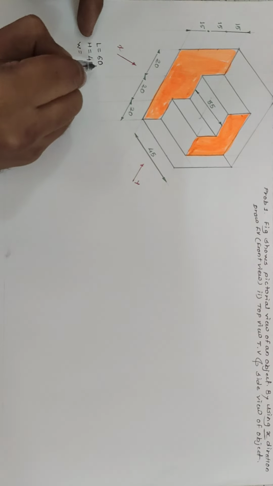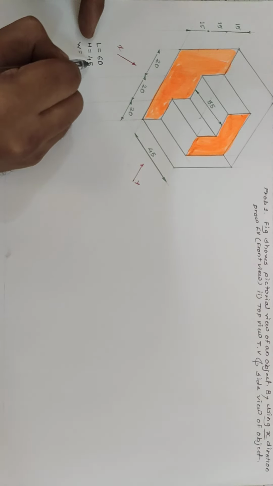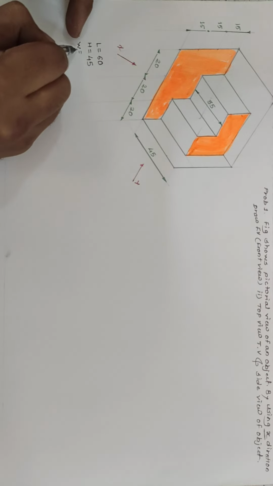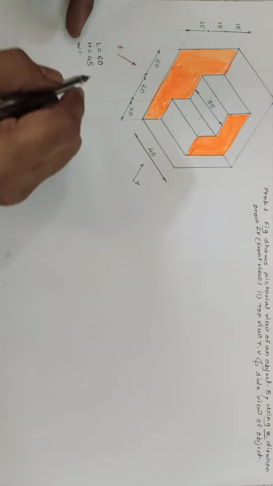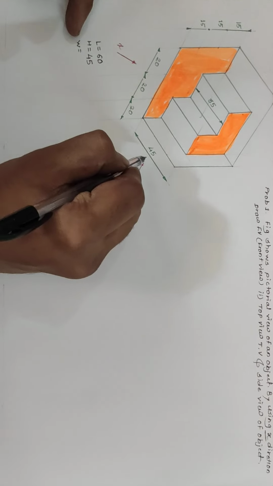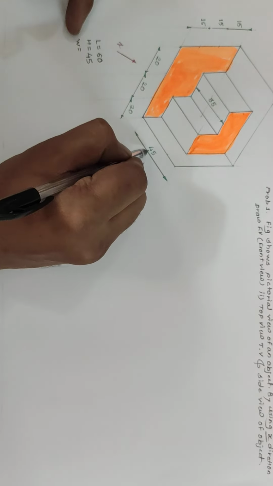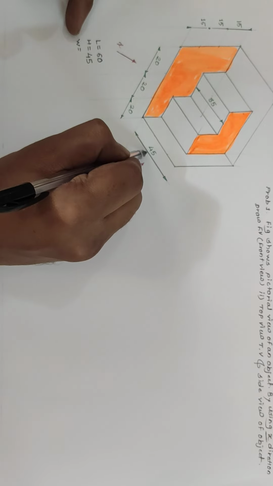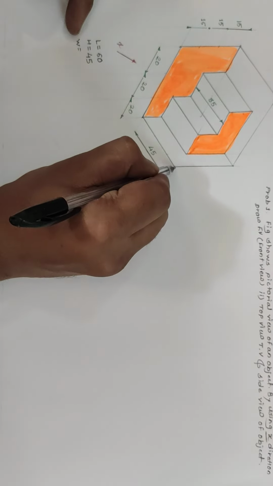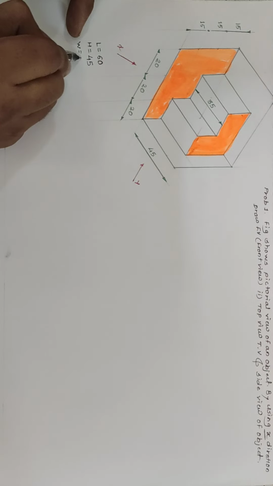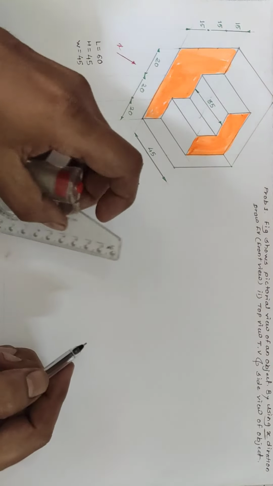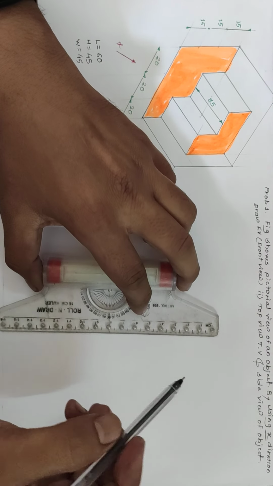Now only these two parameters are used to draw the front view, but we also require the width of the object in the other views. So initially we need to calculate this. The total width of the object is shown directly in the object, it is 45 mm. Also mention the total width of the object, 45 mm. Then start with the front view.